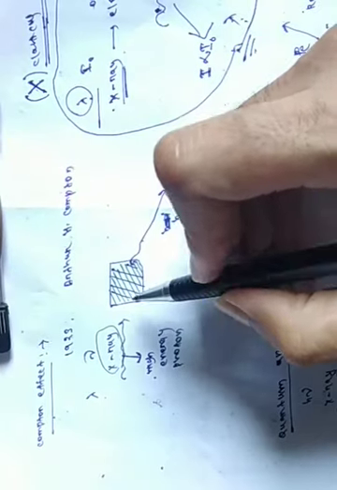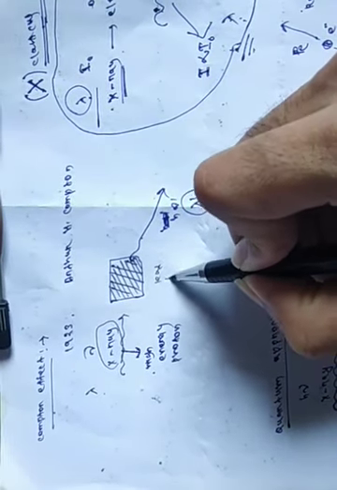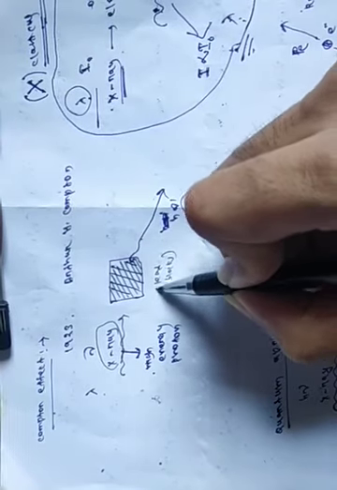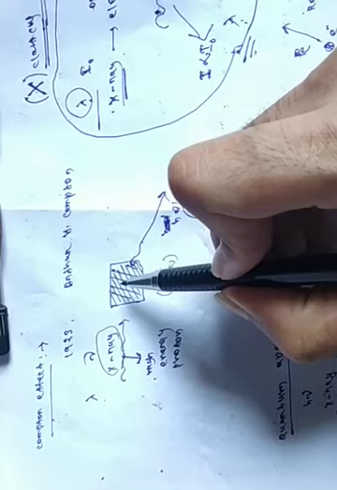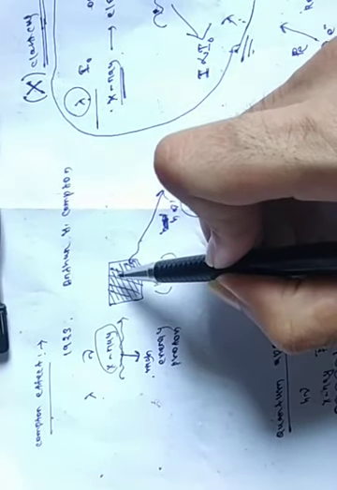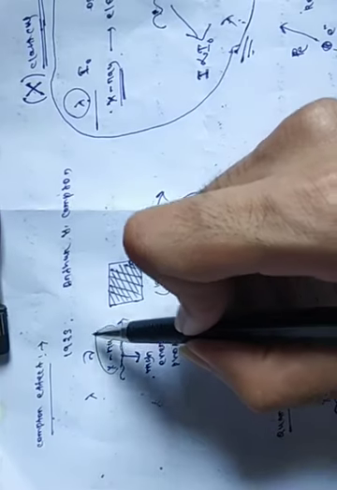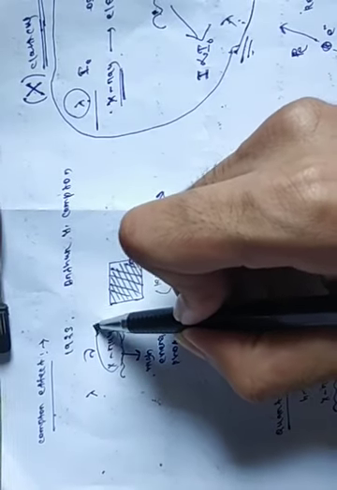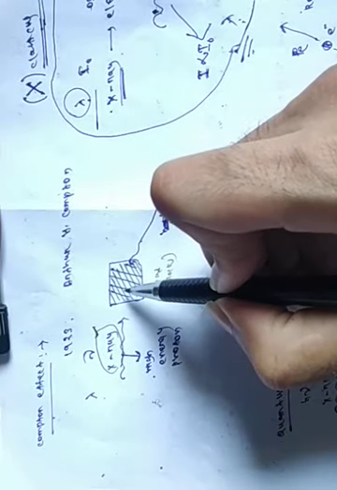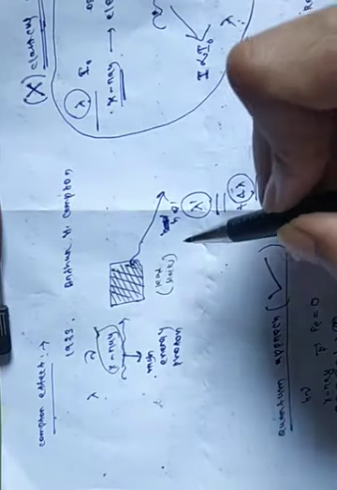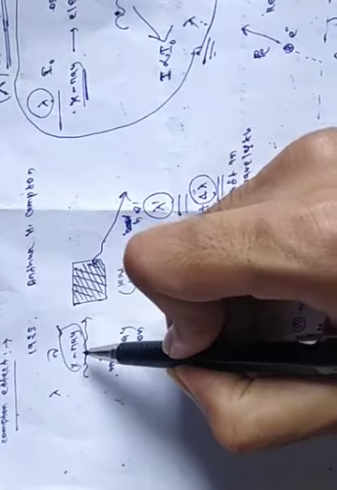In this experiment, we take a lead block. Why are we taking a lead block? Because in lead, the electrons are very loosely bound to the atom, so that for incident radiation like X-ray, high energy radiation, the electrons behave like free electrons. So what we actually observe in this experiment is that when we incident